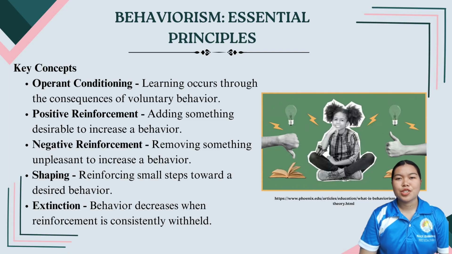For example, during vocabulary practice, if a student mispronounces a word, the teacher can immediately provide the correct pronunciation and ask the student to repeat it. This allows students to correct their mistakes while practicing the skill. Overall, behaviorism is particularly useful when teachers want to develop specific behaviors, routines, habits, and skills through practice, feedback, and